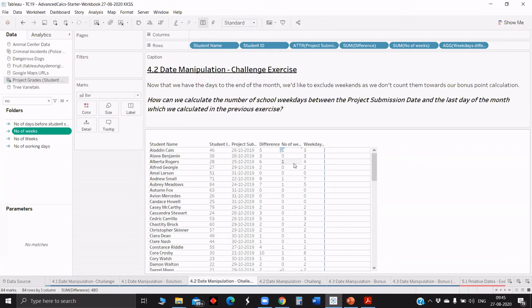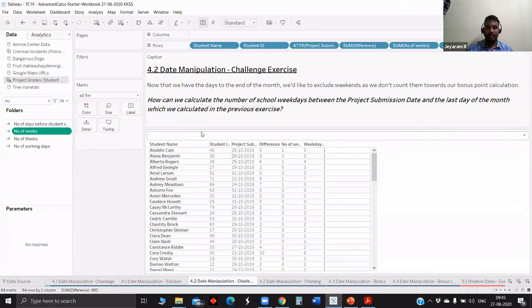Yes, Jagdish. Okay. Then in that case, if we have project submission days only on weekdays, I guess. Or otherwise we can go for the DATEDIFF weekdays function, and instead of DATEDIFF date parts we can declare weekday and we can subtract. So we'll get rid of those Saturdays and we'll get only the correct weekdays. That's the approach in that case. Yeah.